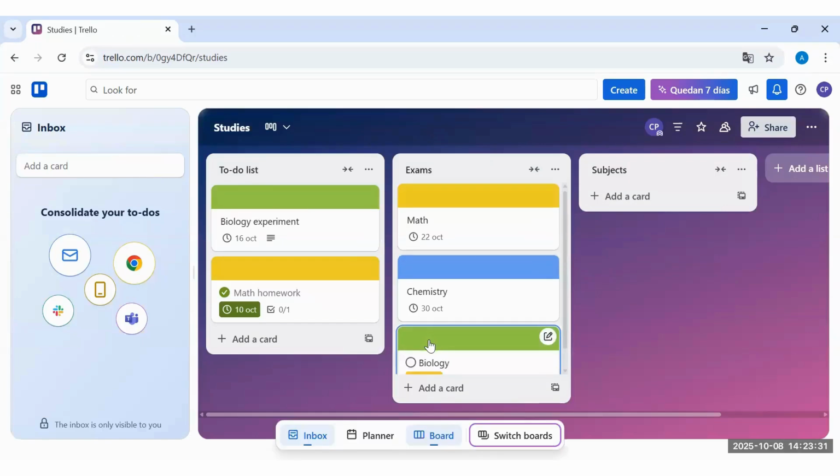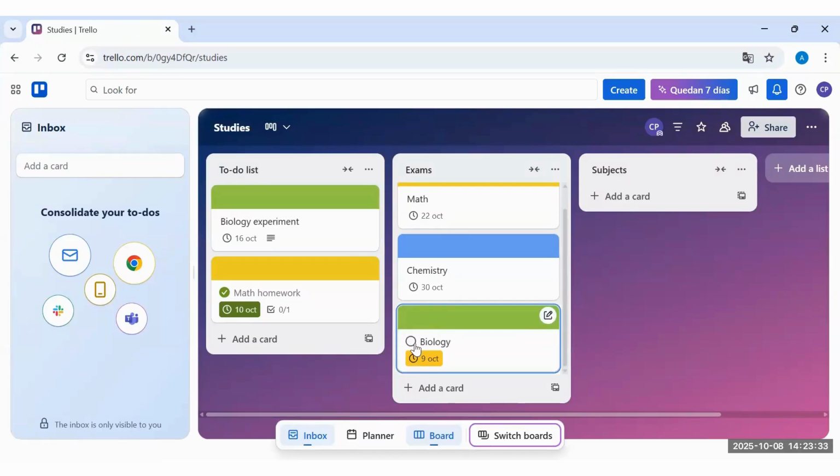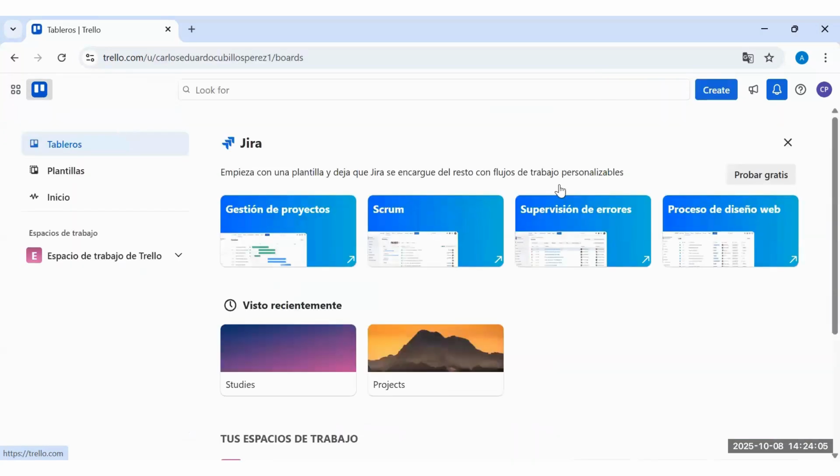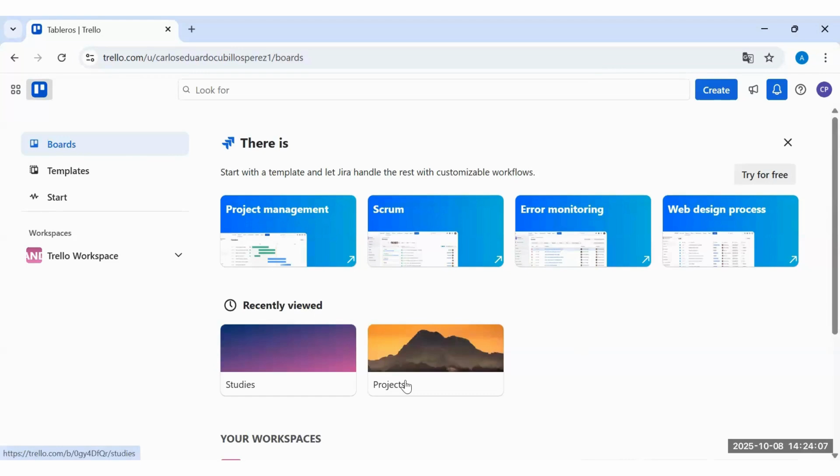So once I have done the biology exam, for example, I check it and I can move it to the top if I want to organize it in this way, for example, okay? And this is how Trello works. That's it. In this button, you can go back to the general interface, and that's it.